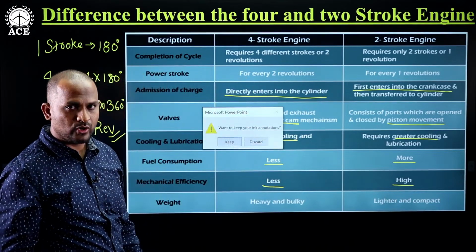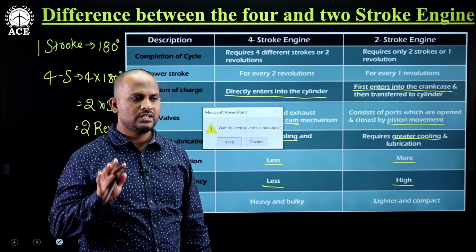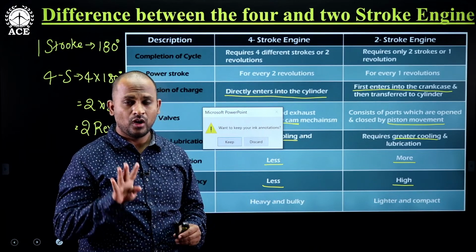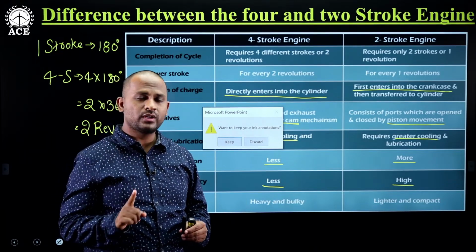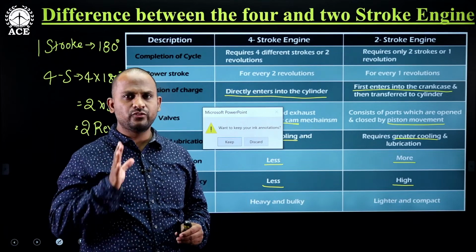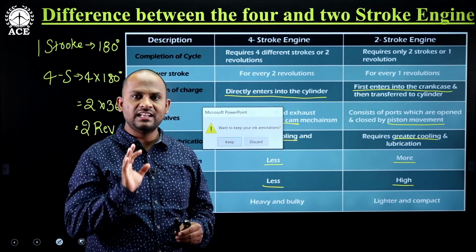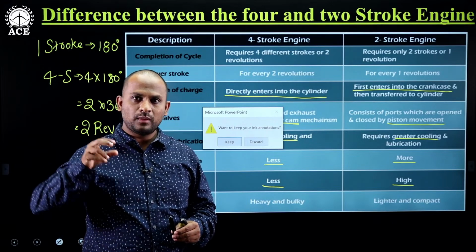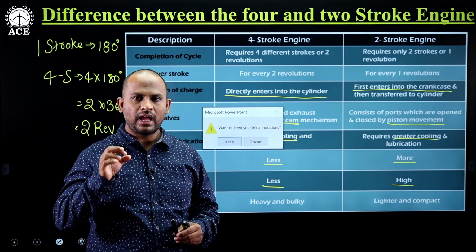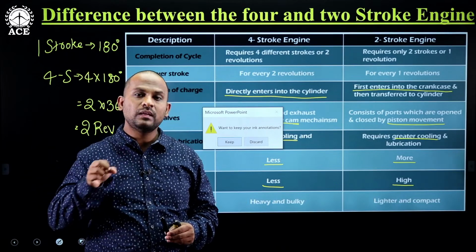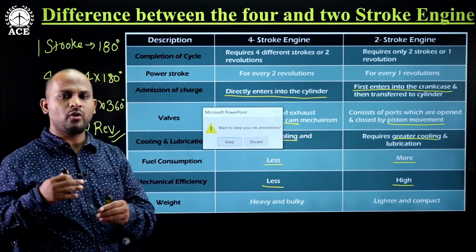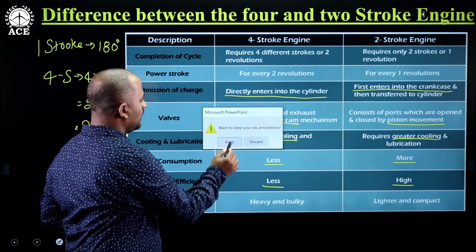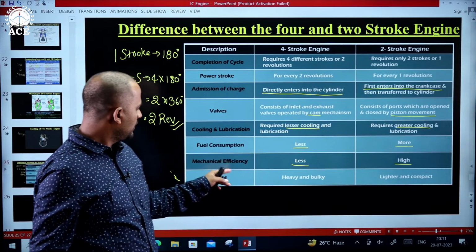Why is it like that? Because we are having 4 different strokes: suction, compression, expansion and exhaust. Out of these four, only 1 stroke is the power stroke, that is the active stroke. The remaining 3 are idle strokes. That means whatever the power is generated in the power stroke, the active stroke, is utilized for the remaining strokes. So some power is lost. That's why here